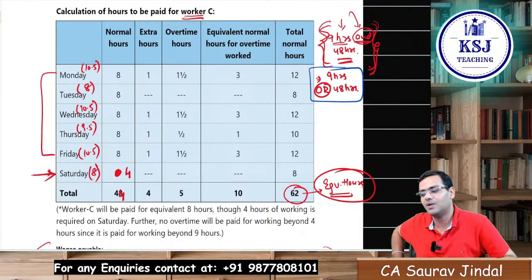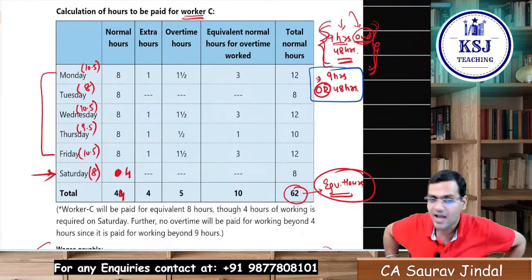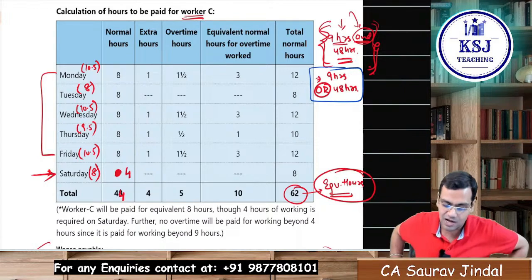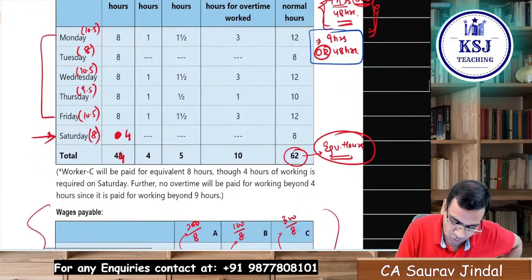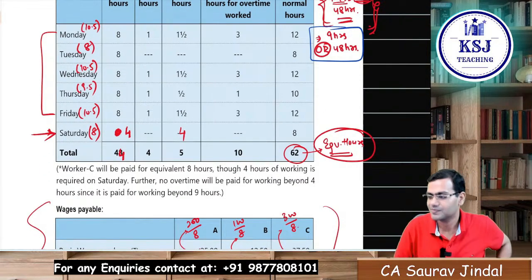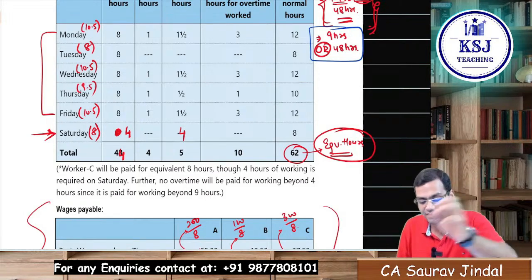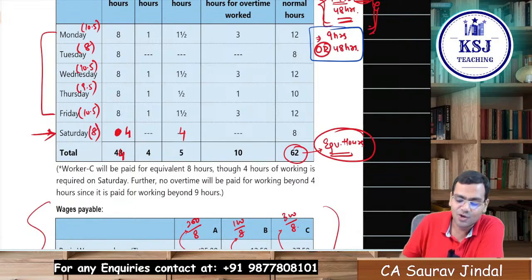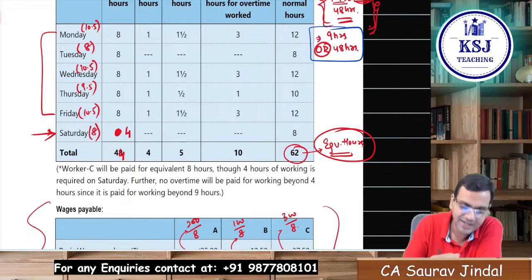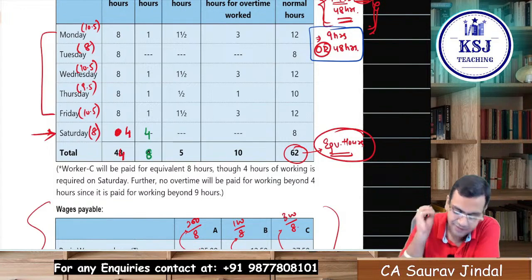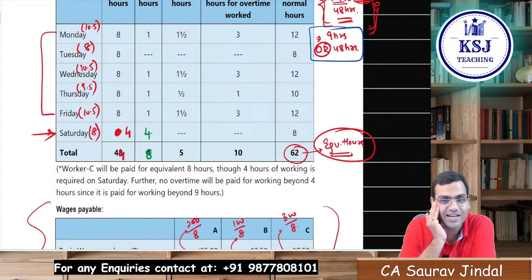But all these people who are saying extra are absolutely wrong. So now the 4 hours will be my overtime hours. See the condition very carefully. Sir, 9 hours or 48 hours. Let's say you people are saying that, sir, take it as extra. I take it as extra. I'll go with you guys, right? And here it will be 8 hours. The 9 hours condition is not here, right? 9 hours condition, don't have to worry.